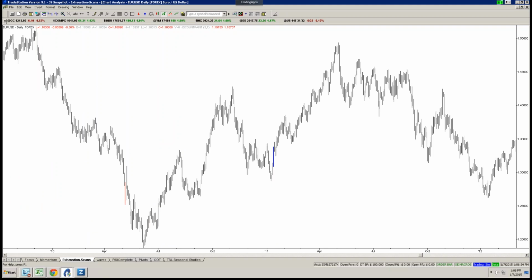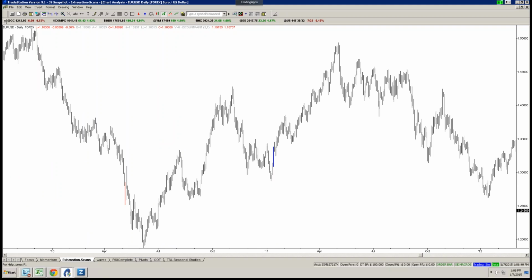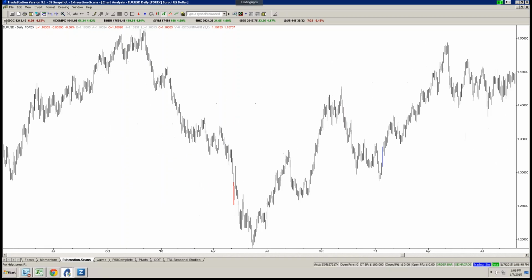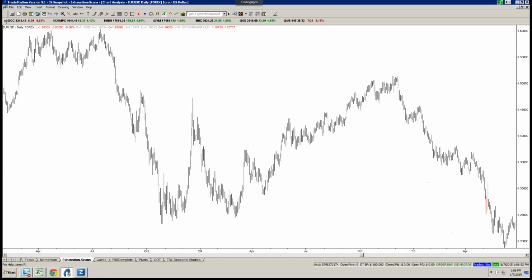So you can see we got a negative 7 reading here on Monday, as indicated by the red bar here. Let me make sure that this goes back far enough. Okay, so it goes back 20 years. Previous instances of getting a negative 7